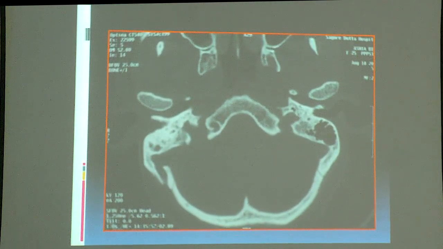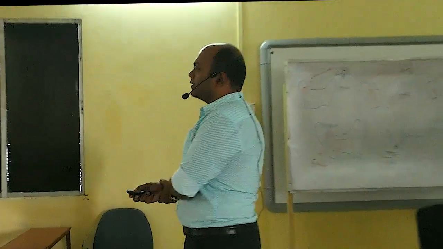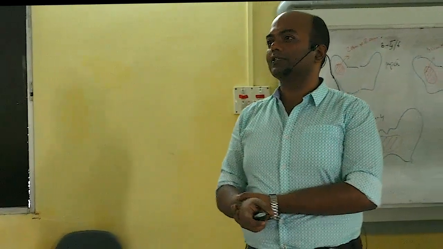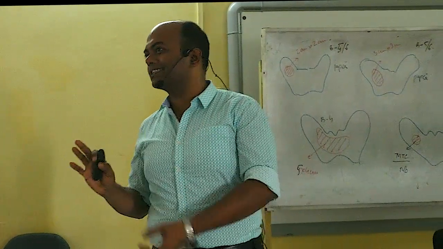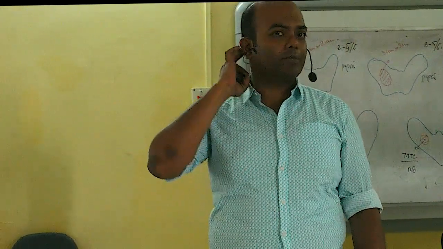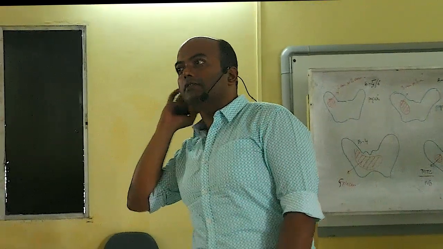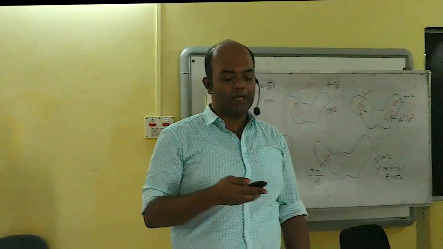So thrombophlebitis of the mastoid emissary vein gives rise to Griesinger's sign, which is edema over the occipital region. Griesinger's sign is edema over the occipital region more than the mastoid region, and it is diagnostic of thrombosis of